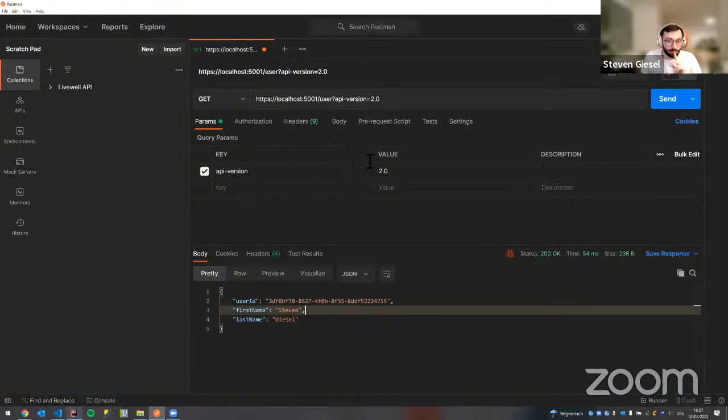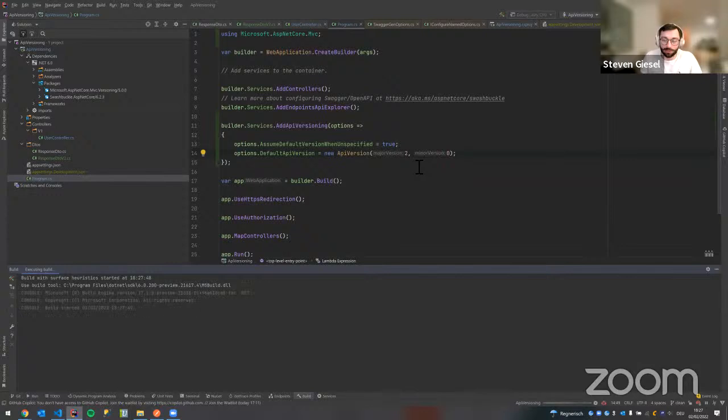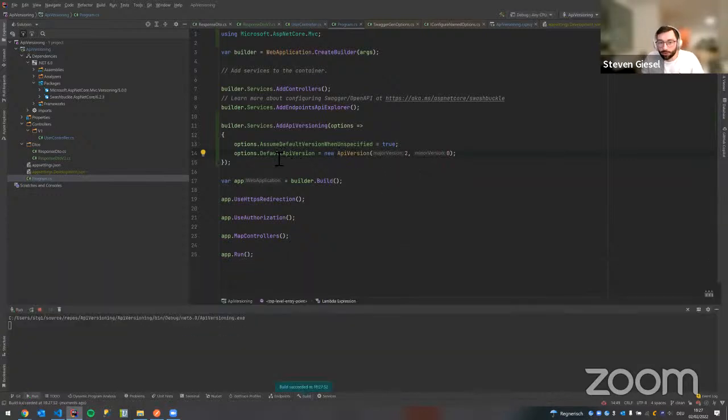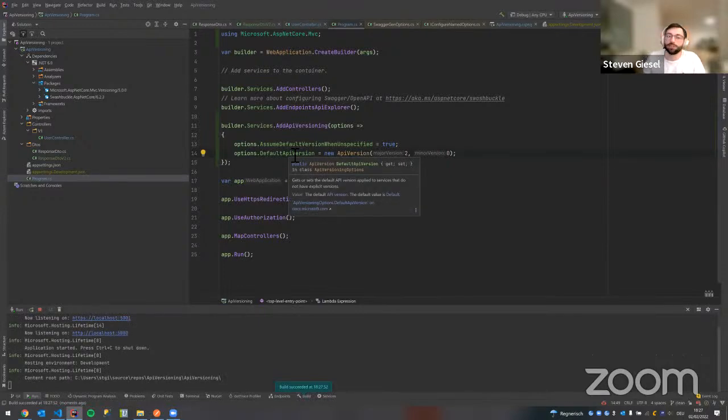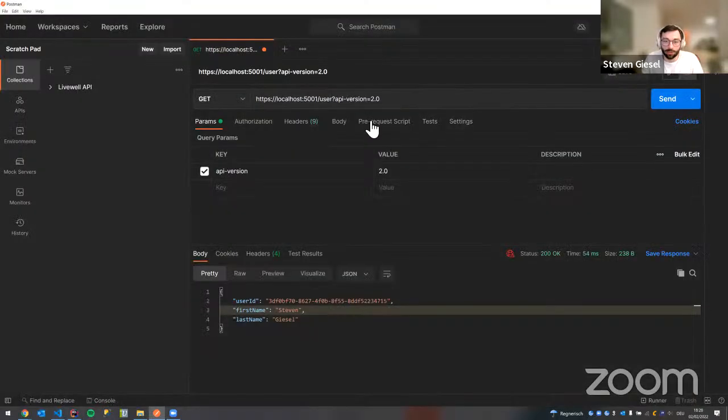So let me change this to 2.0, just for the sake of demonstration how this works. The idea is at some point in time, your default API version will also increment. So you will not always stay on version 1.0. You will always go a bit higher, for example. So if your clients do update at a specific amount of time, it's fine that they go to the newer version. So if I do not specify any API version now, we will have the same result,